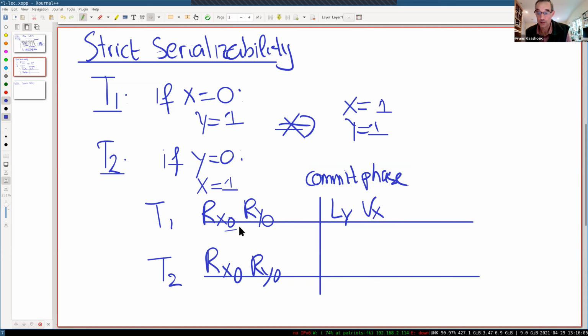At the validation phase, nothing has actually changed yet with X, so the version number is still 0 there. If we execute in this order, things are fine, and at some point this transaction might commit. So let's look at T2, and let's say T2 runs after the validation of X, so it grabs the log,